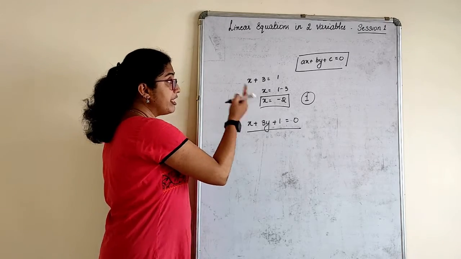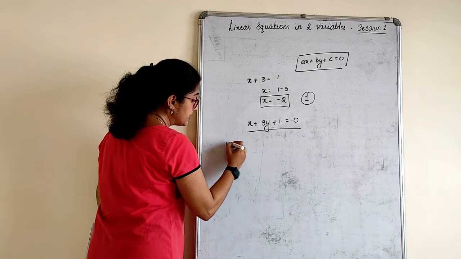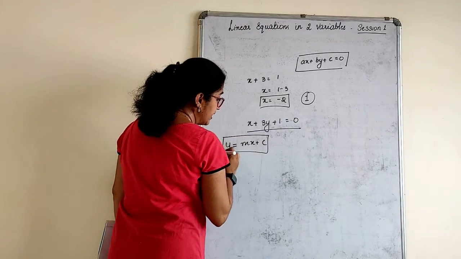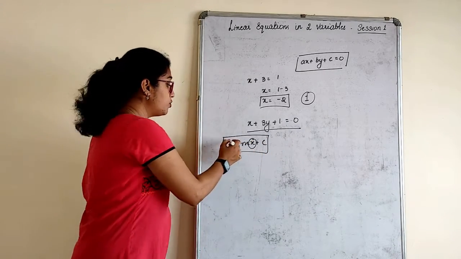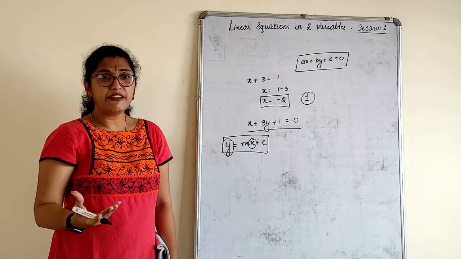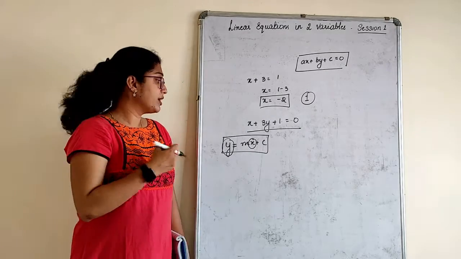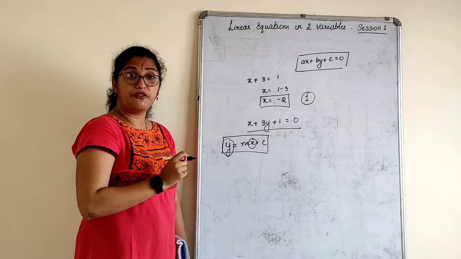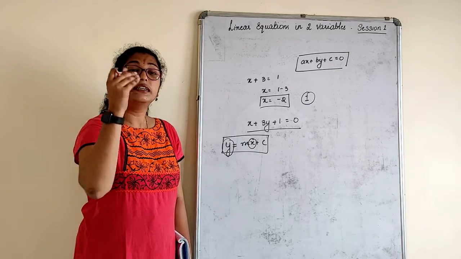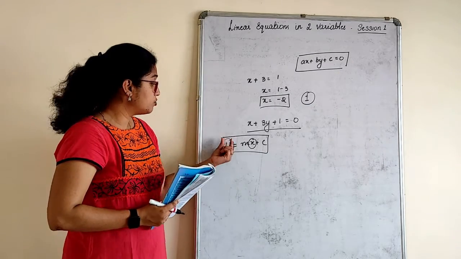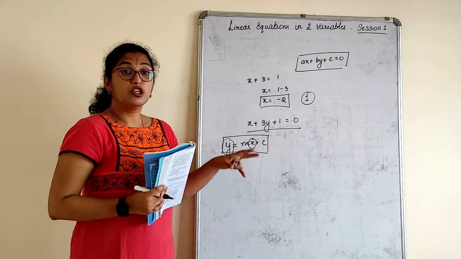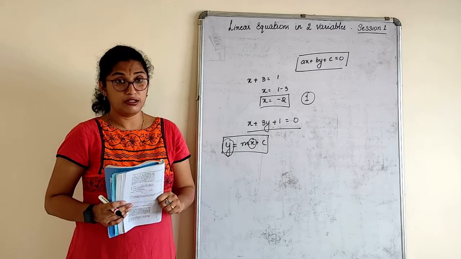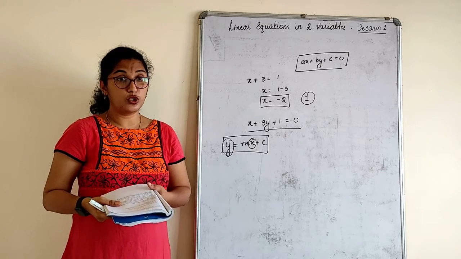Why? Because when we have to represent this, we represent it in the form of y is equal to mx plus c, where every value of x will give you a value for y. How many values can you give for x? Infinite. You can give x as 0, you will get the value of y. You can give x as 1, you get the value of y. You can give x as 2, 3, 4. You go on giving values for x, you go on getting values for y. So a linear equation in two variables has infinitely many solutions, right? These are the few points you have to know.